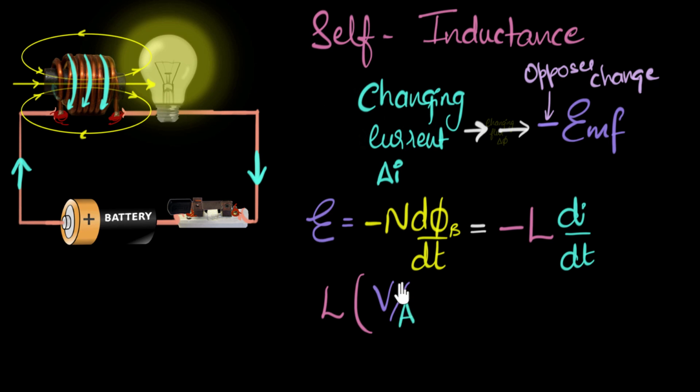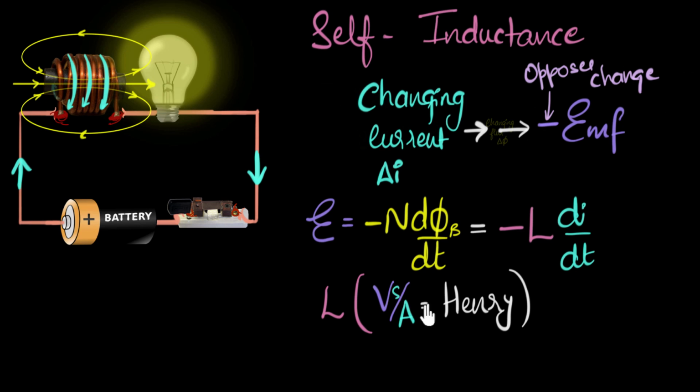Divided by amperes per second, and the second will come on the top. But we often like to write this as Henry, named after Joseph Henry, who was another person who independently discovered electromagnetic induction. And just like capacitances or resistances, which only depend on their geometry and the material used, and do not depend upon the current and the voltage, similarly, inductance also only depends on the geometry, the number of turns, what it is wound around, the material used over here,